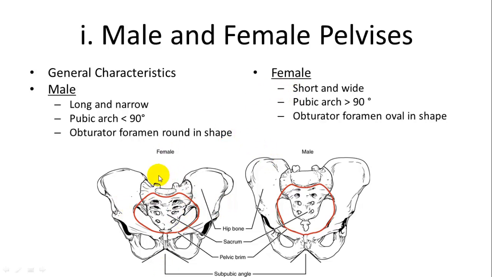wide. This birth canal here or pelvic brim is more circular. Pubic arch is greater than 90 degrees, and their obturator foramen is oval in shape. And the females are better suited to have a small human fit through there, which is important. Males, of course, are never going to have a baby, so